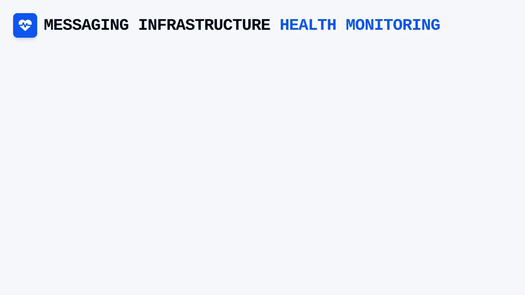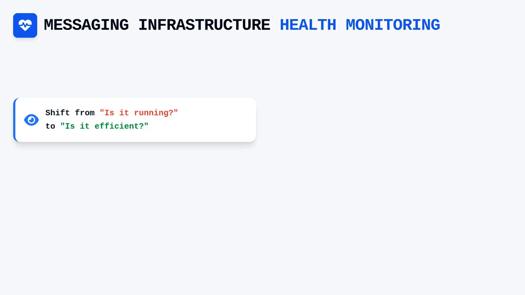Monitoring the health of your messaging infrastructure is not merely about confirming that the server is running, but rather ensuring that the message flow remains uninterrupted and efficient. When you access the administration console, you gain visibility into critical statistics that define the performance of your JMS providers. For instance,